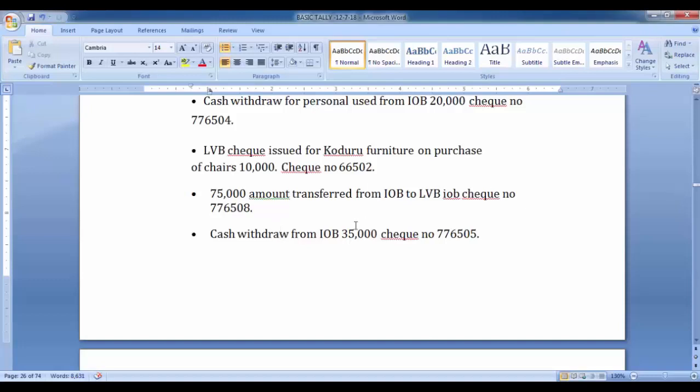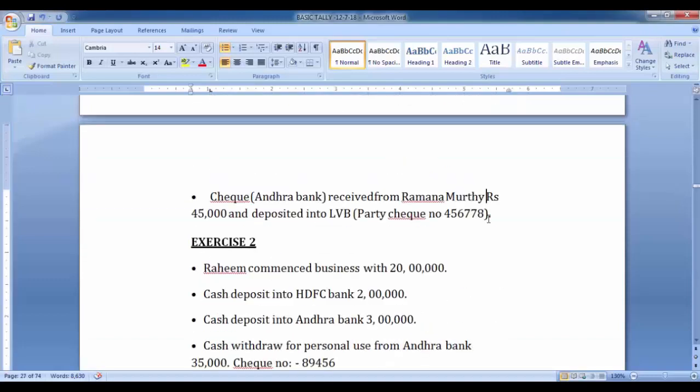After that, Andhra Bank check received from Ramanamurthy, 45,000, and deposited into LVB. In this transaction, we are receiving a check from Ramanamurthy. That check is an Andhra Bank check, and we deposited the check in LVB.